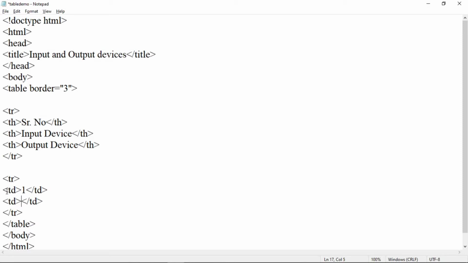Add here any input device, suppose keyboard. Let us save this program. Press Ctrl S, Alt Tab, refresh the page with F5, and see here in second row first column serial number is 1. In second row second column keyboard is there.